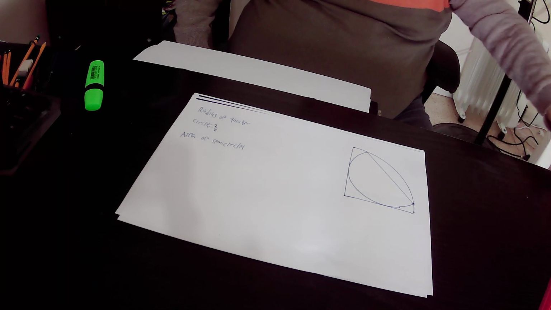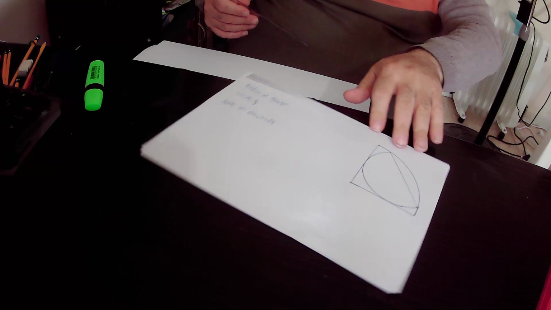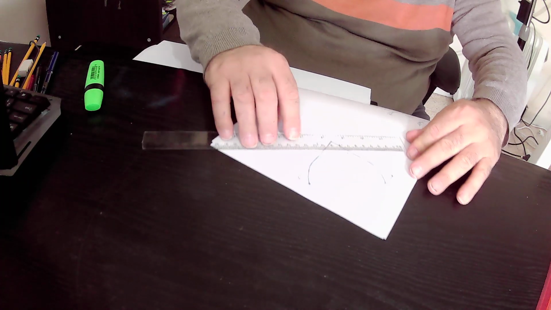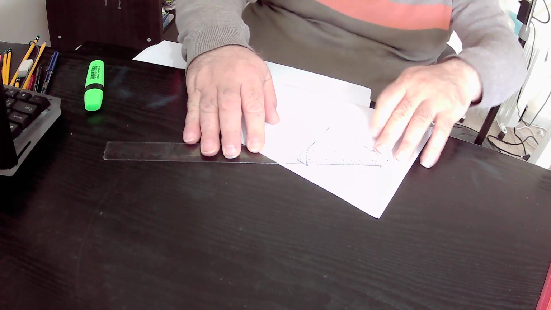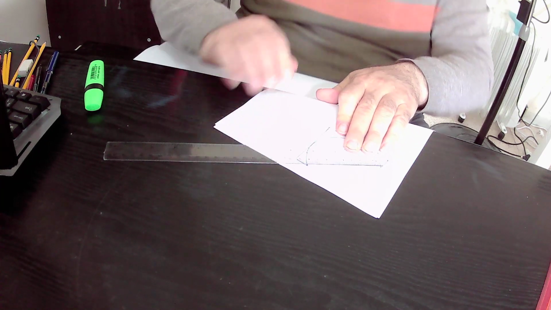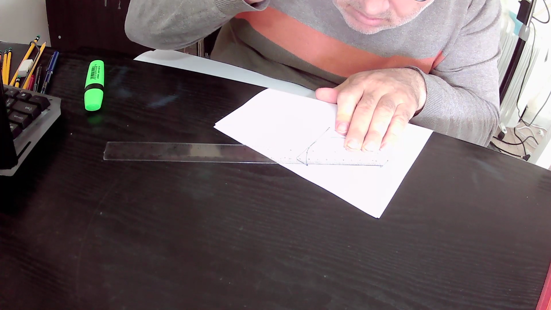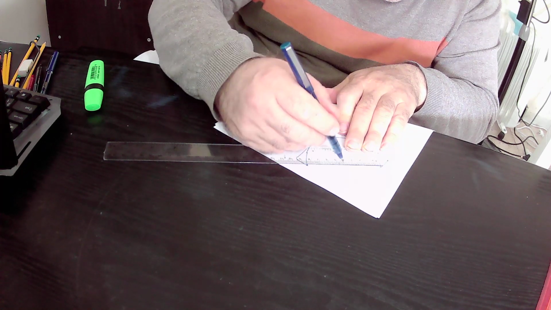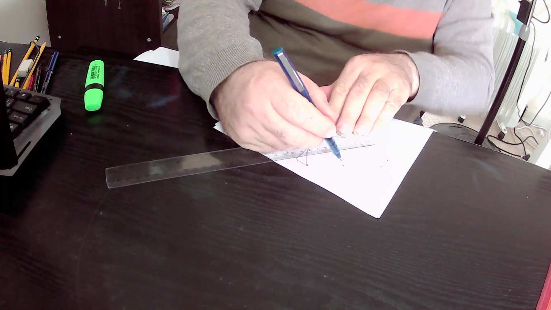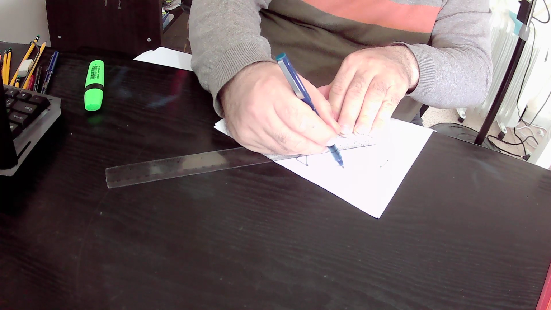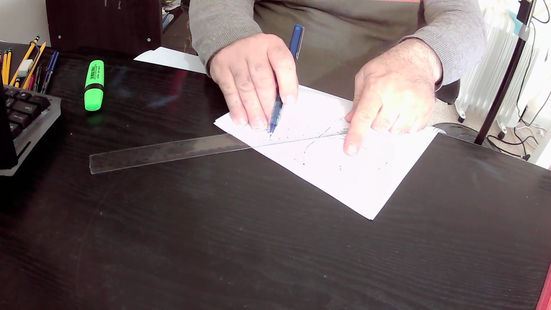So we will define the center of this semicircle as point O. This point is the center of the semicircle,